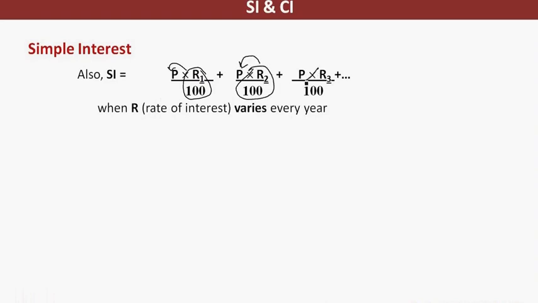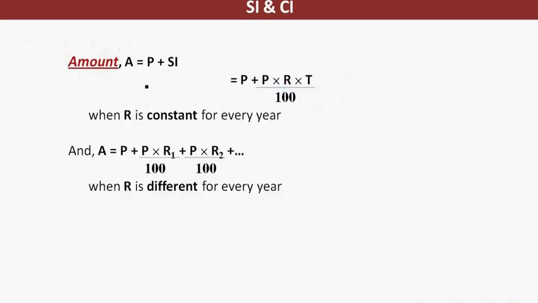For the second year, it will be the rate for the second year on the initial principal. Now, the thing you need to notice is that your initial principal will always remain the same. In this case, the rates are not the same, so interest is not equal through the years. The total interest will be the sum of the individual interest of each year: simple interest for the first year, simple interest for the second year, simple interest for the third year. The total simple interest would be the sum of all these interests.